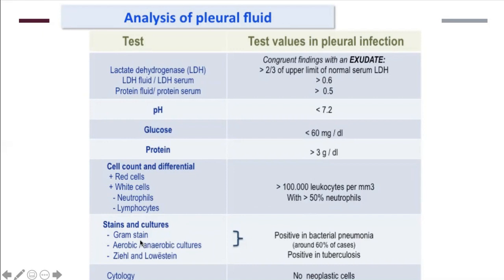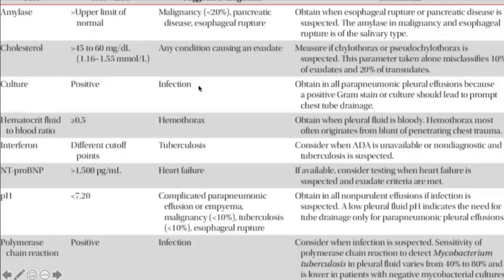They come in the exam: highlight amylase in esophageal rupture or pancreatitis, and cholesterol in pleural conditions. If the fluid is transudative with high proBNP, that's heart failure. pH less than 7.2, either parapneumonic effusion